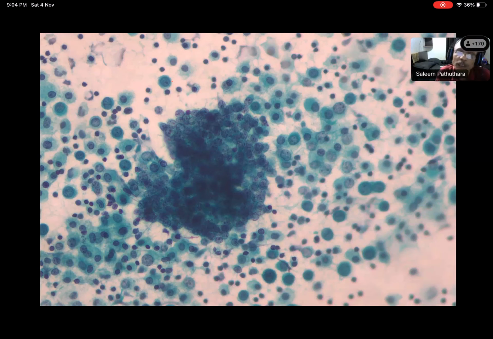Now look at the morphology very carefully. There is a cluster here, right? What do you think about this cluster? It has acinar formation. Tell me the chromatin pattern. Stippled chromatin, sir. Yes, and they are forming small nests and acinar-like structures, and the stippled chromatin is very appreciable. So what would be your diagnosis now? Of course, it's positive for malignancy. So how do you go further? I would ask for a cell block. Suppose somebody asks you for your morphological diagnosis. We can go for a cell block, agreed.